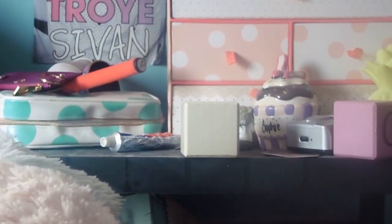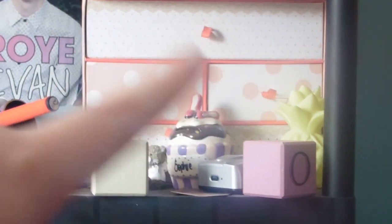This box is for travelling, as well as this makeup box. And then we have candles, this jewellery holder, and then down here this right box is full of bath products, and this is full of YouTube products, and I never use the bottom shelf. So if we come up closer,